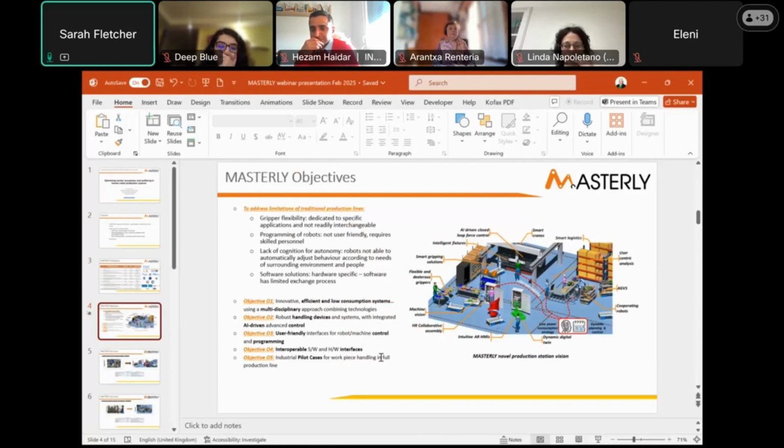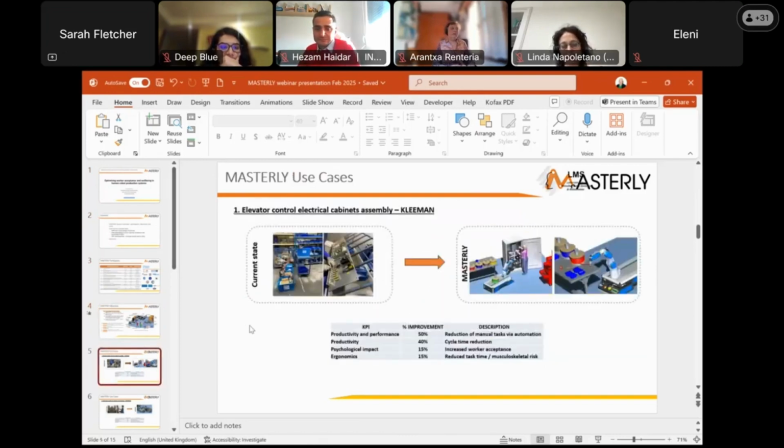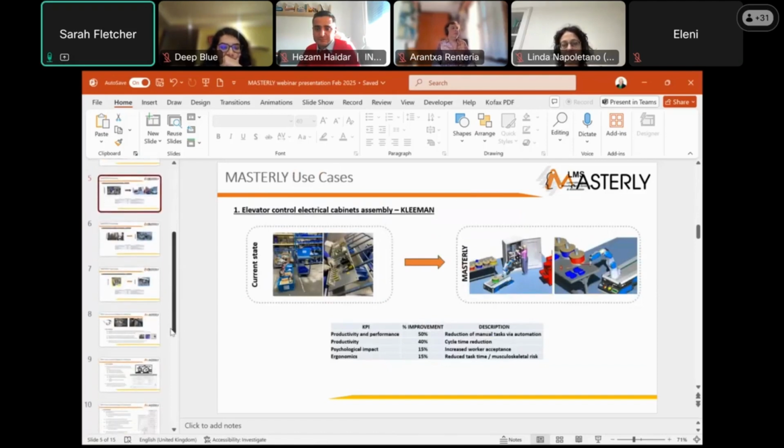But as I will explain as we go through, the human-centered or user-friendly approach crosses other aspects of the project more widely. So just to go through our use cases in Masterly, we have the Kleeman elevator control electrical cabinets assembly use case that you introduced, Marta, earlier on. So the current state is obviously a very highly manual operation involving quite small scale assembly, and the vision is to move to a more collaborative